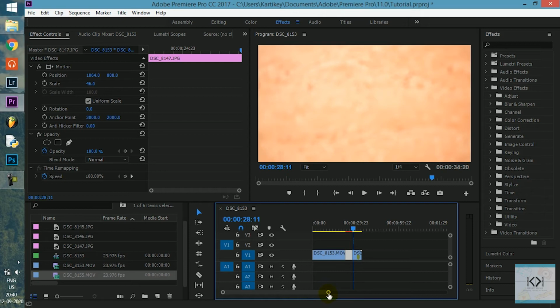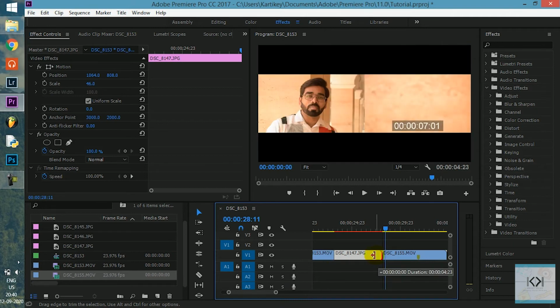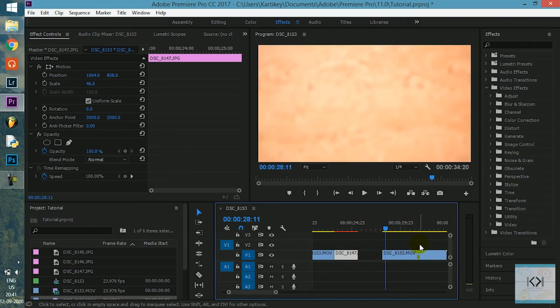duration is that there are two ways of doing it. You can either take your mouse and take it almost to the end. You will see that red sign has come up. So what you will do is left click and hold it, and as you move it towards the left side, you will see that duration is changing in real time. So this way we can shorten the duration of picture.